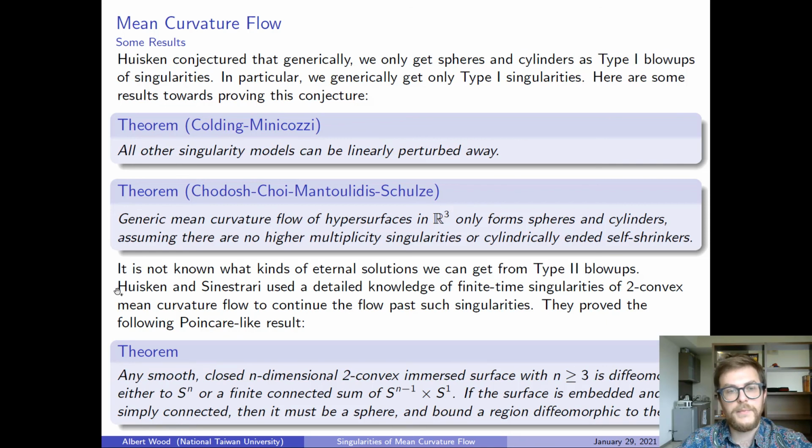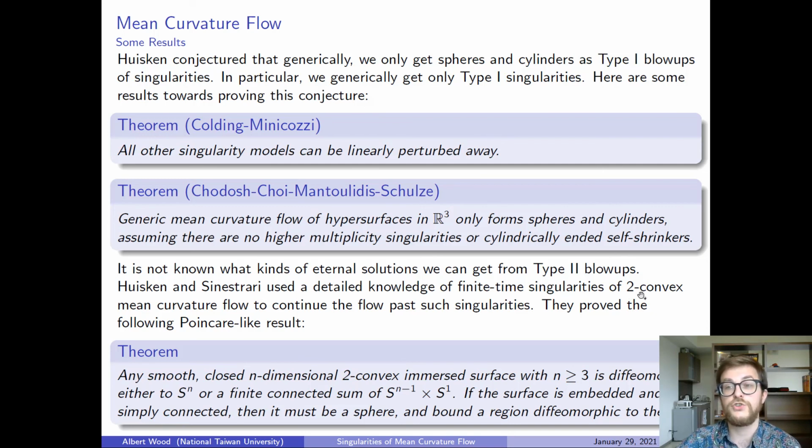And finally, why do we want to study singularities at all? One reason is that we might hope to use the mean curvature flow to prove Poincaré conjecture style results, like topological results for submanifolds. And one example of a result in this direction is of Huisken and Sinestrari, who used a knowledge of